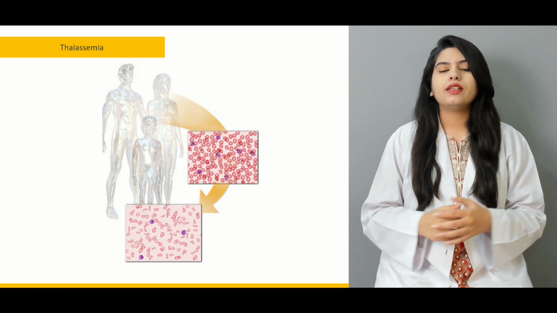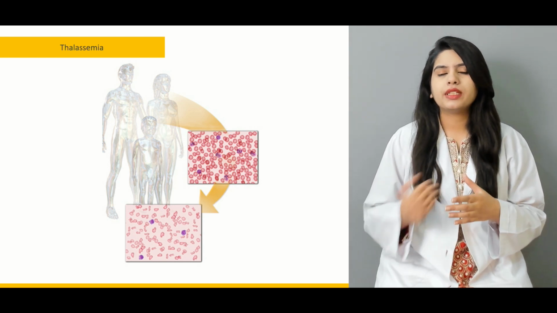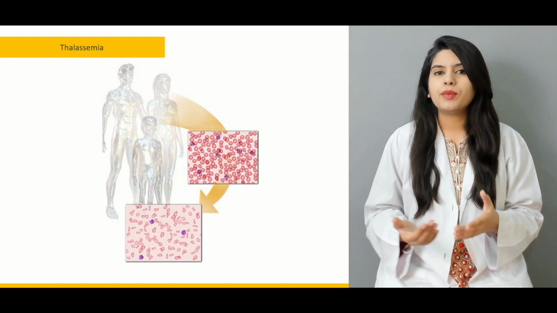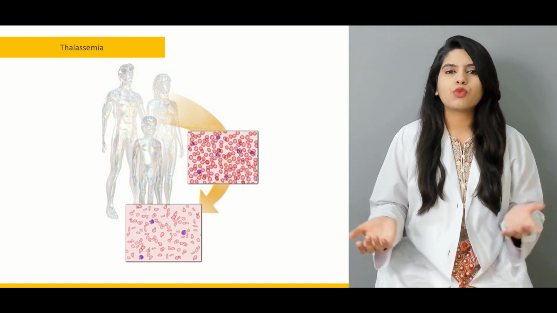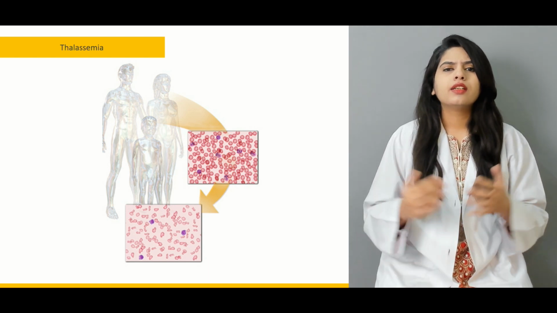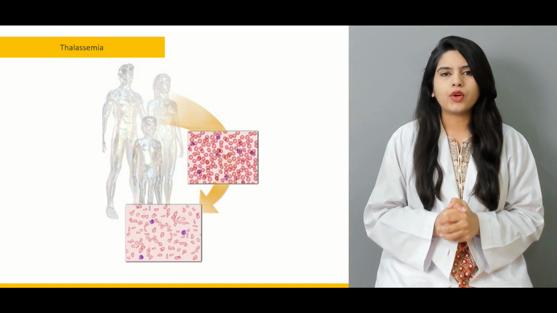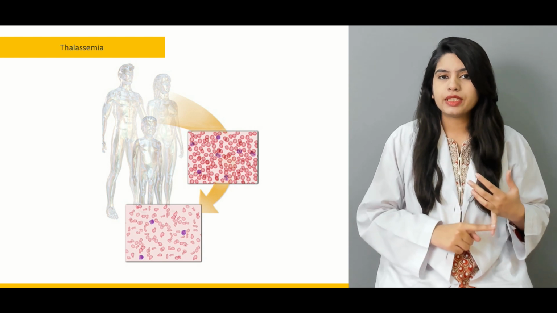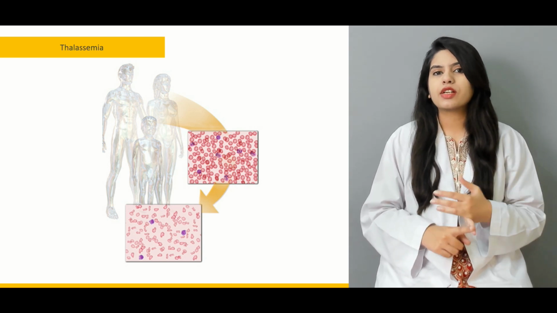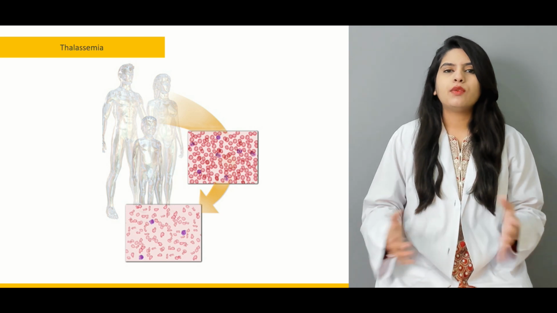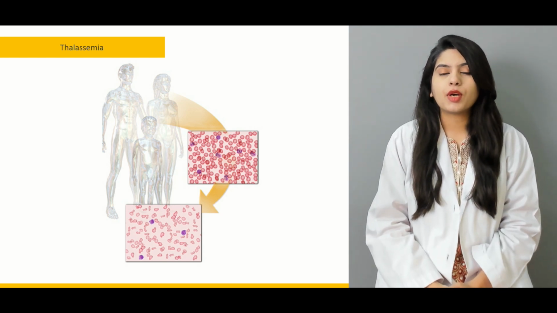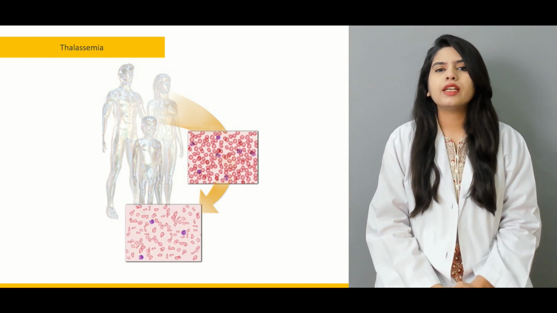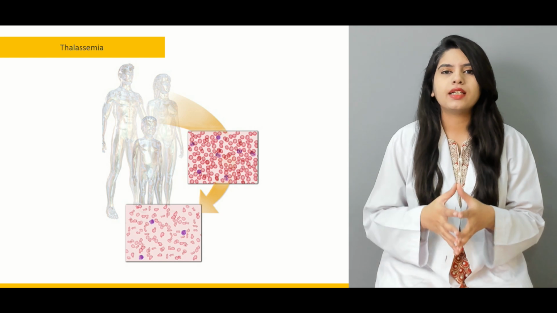So obviously, when there is a deficiency of hemoglobin or the presence of abnormal hemoglobin, there will be production of abnormal red blood cells that will be destroyed during the early period of their production. There will be a deficiency of red blood cells in our body, so the oxygen carrying capacity of the person will be decreased and some other functions will be affected, which I will tell you when we discuss the clinical features of thalassemia. Before going into all of these things, we will discuss